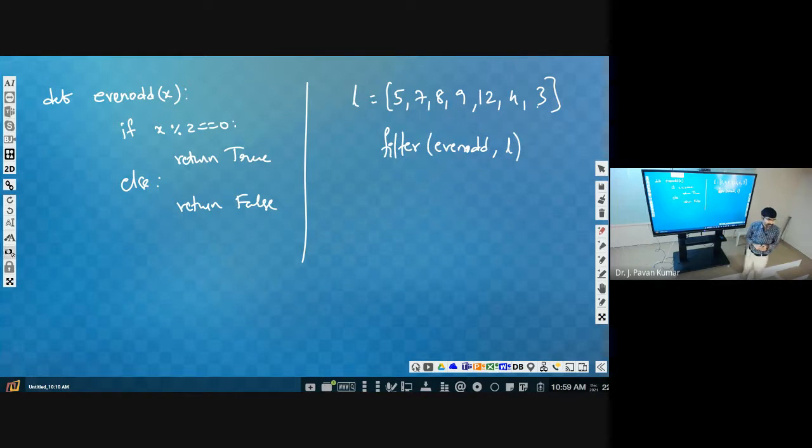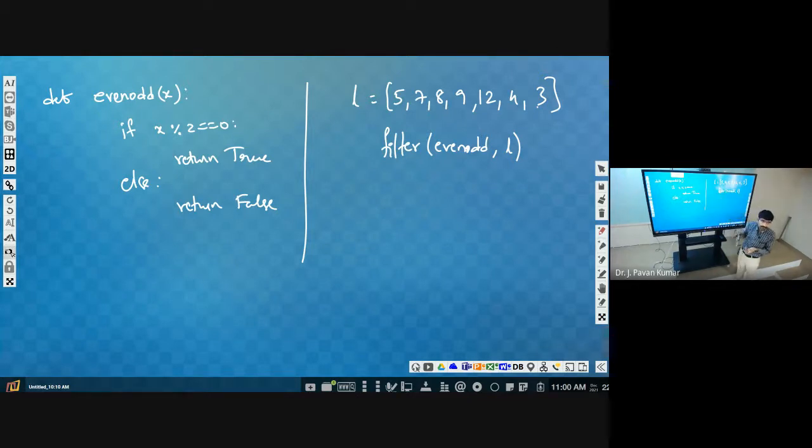L. Then from this list, it will take one element at a time and validate it against this function. It takes a collection as the input and gives a collection as the output. In that collection, only the filtered values will be part.